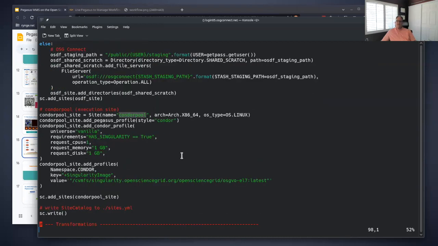And the last one is the Condor pool. This is what we're actually describing, the OS pool, right? So this is a Condor pool. We want to run with Singularity, and we want to run this image down here. So the general